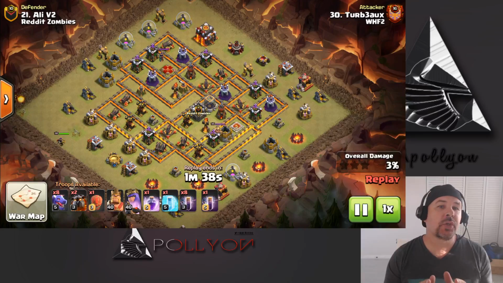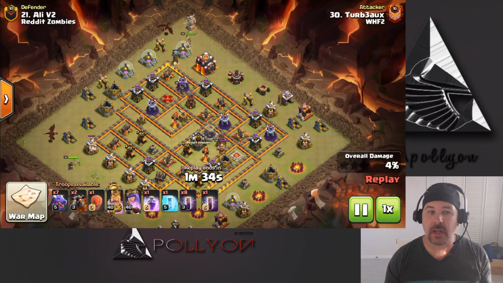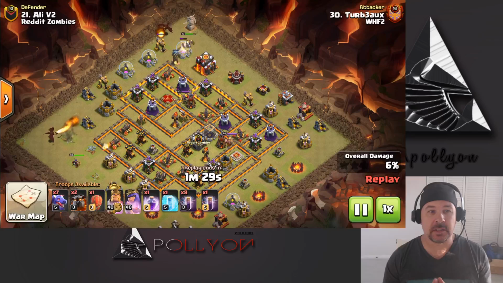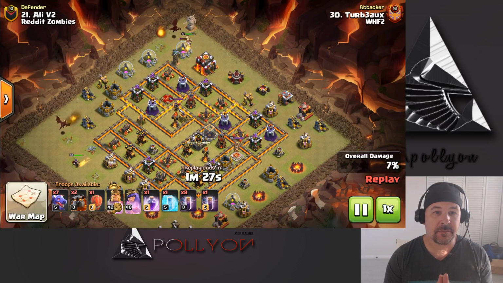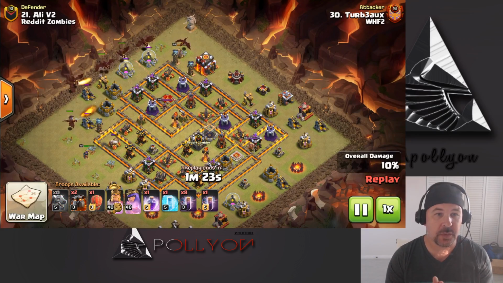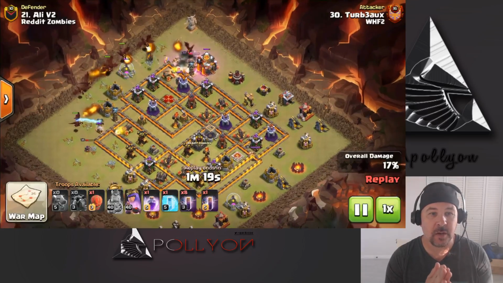I wanted to show you the most OP strat in the game right now: Town Hall 10, Town Hall 11, Town Hall 12. Really, no base design can defend this. No CC troops in the enemy can defend it. No matter pretty much what you do, it's all about your spell composition, and when you drop them and